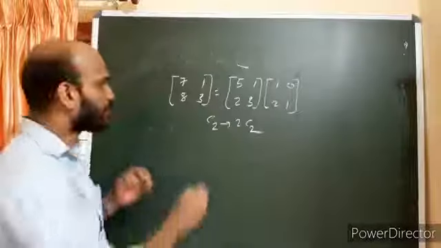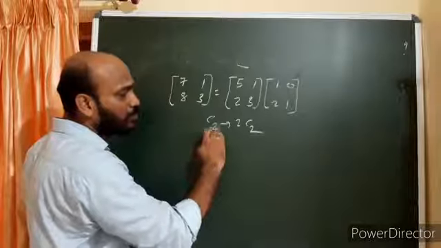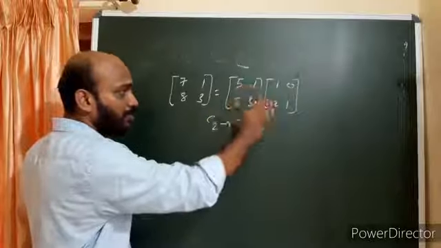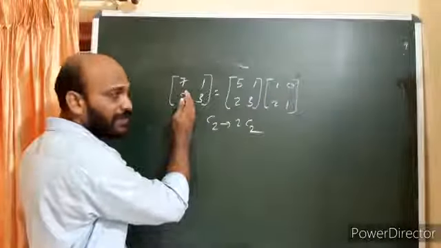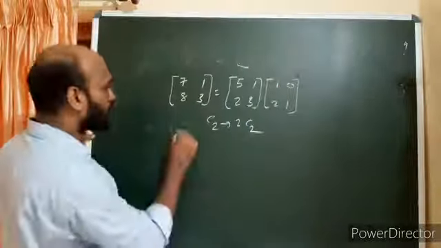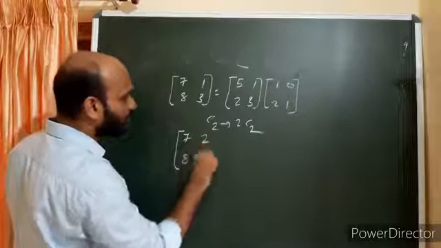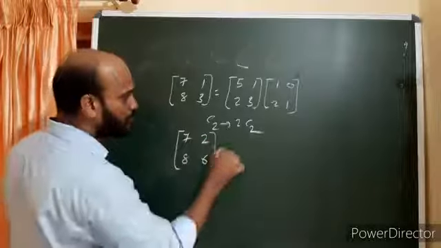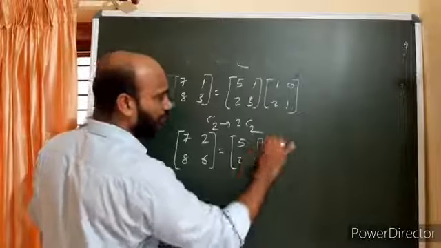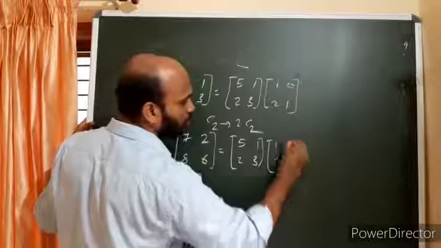One more question. Consider the same matrix equation and you have to apply the rule C2 changes to 2C2. That means you are using a column operation. So this is a matrix equation. If you are using elementary column operation on the left hand side, the same operation you have to use on the second matrix on the right hand side. Otherwise it will not be equal. So column 1 the same, column 2 changes to 2, 6. You have to multiply by 2. So here the first matrix will be the same: 5, 1, 2, 3. The second matrix you have to change: 1, 2, column 2 changes to 0, 2.